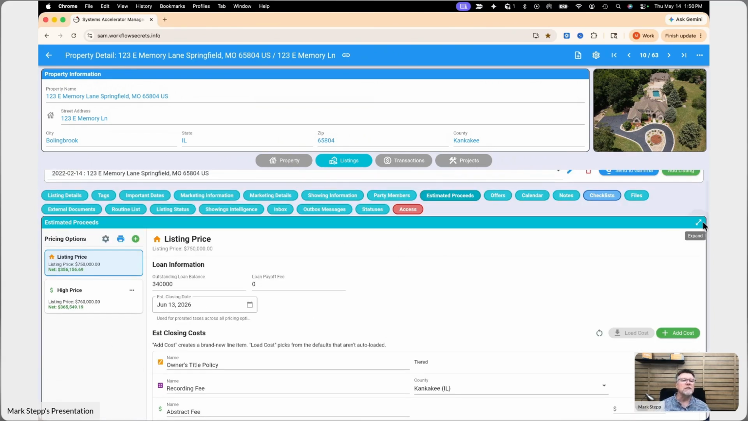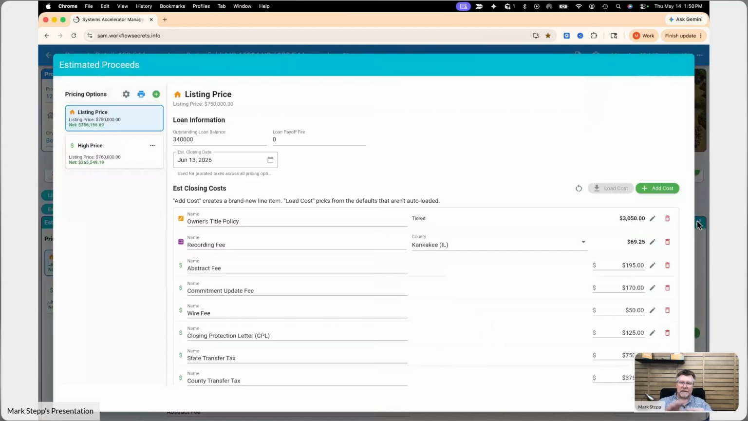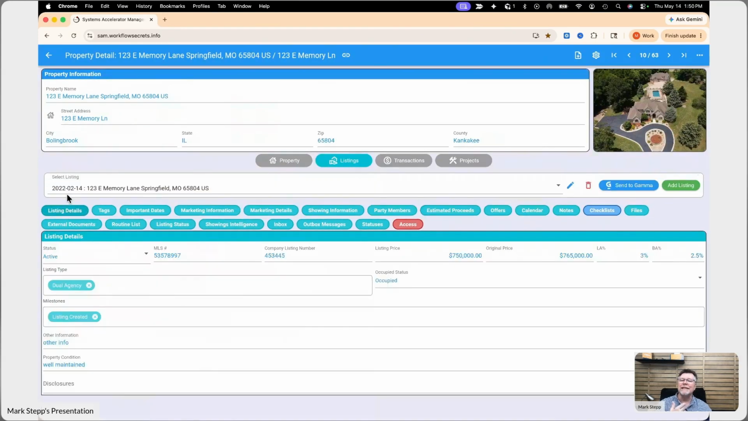I'm going to expand this just so I can dedicate the screen to it. If you go into the estimated proceeds section, it looks all new and different. You now have the ability to set up different types of pricing options. It will default in there with the actual listing price. So whatever price you have in the listing details, if you've got 750,000 or whatever number, it will use that as the main